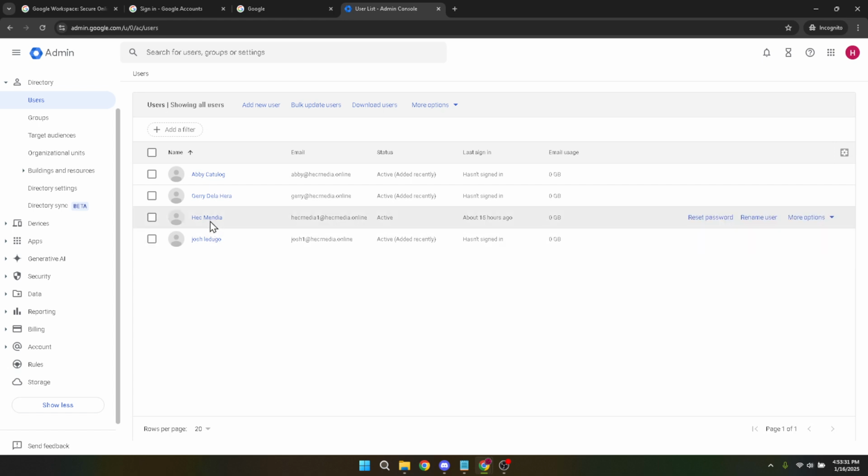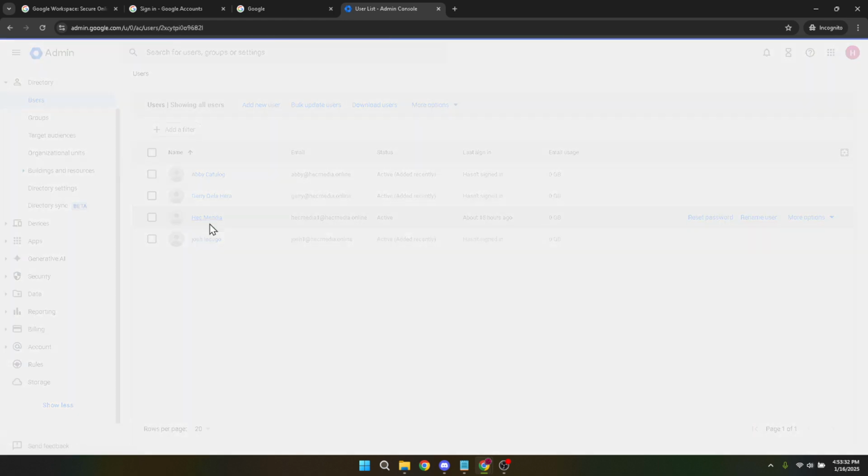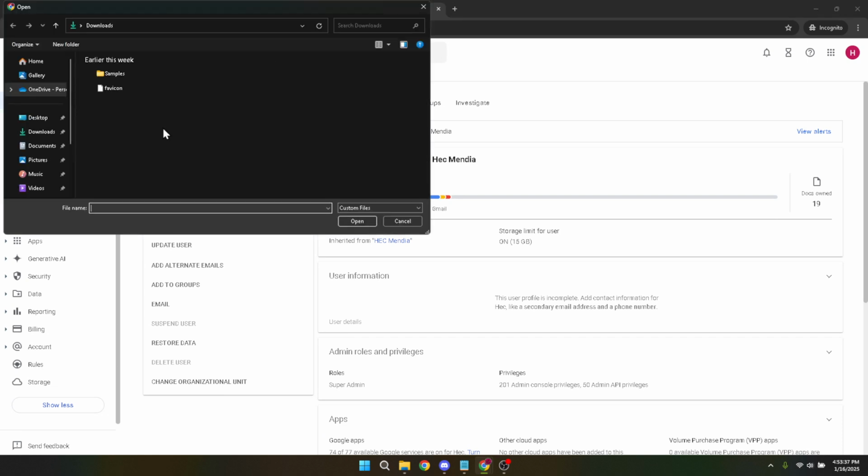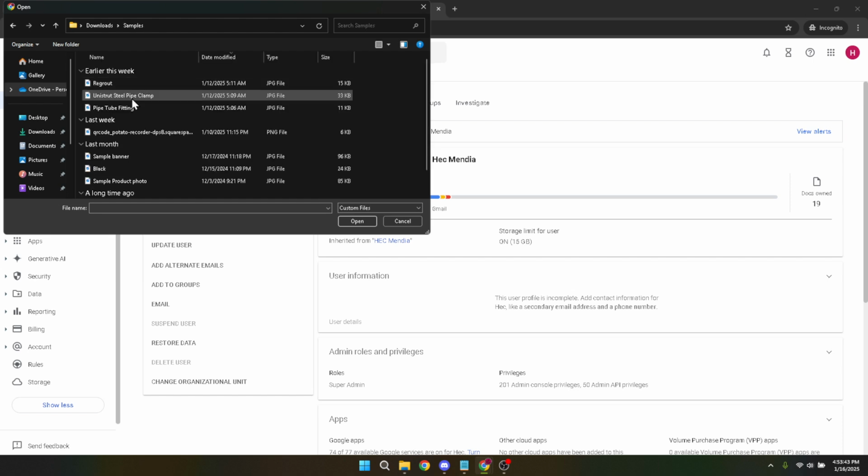With the user account open, you'll see various options and settings related to that account. The key focus here is the profile section. You'll notice a spot where it shows the current profile photo. Click on the profile photo icon. This is usually a circle or a photo thumbnail prominently displayed. Clicking here gives you the option to upload a new photo. Select an image that you want as your new profile picture.